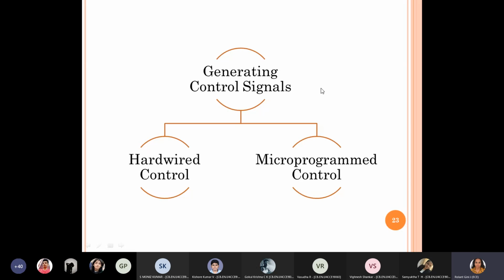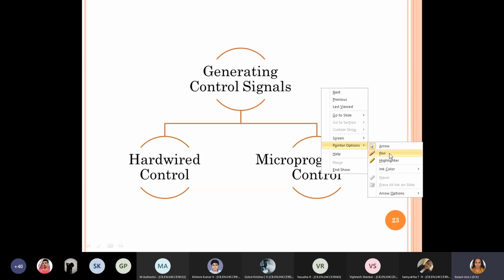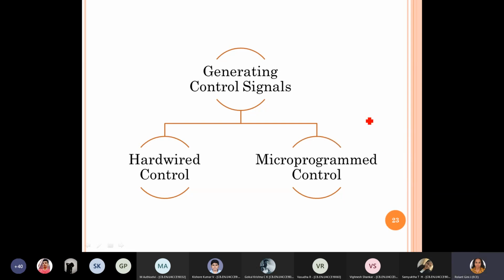Now the discussion is supposed to be on this. We know that the control signals need to be enabled at the right clock pulses. For example, in case of any instruction during the fetch phase, we know that this set of control signals needs to be enabled, like PC out, MAR in, Y in, in case of single bus. So we know that these are the default signals that need to be enabled during the T1 clock pulse of any